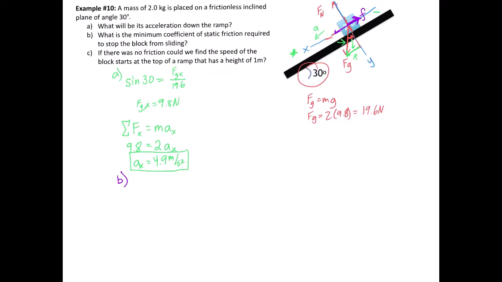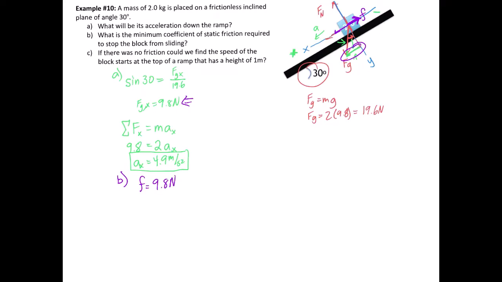Okay, and how much friction does there need to be? Well, the amount of friction must equal whatever the force is that was going down and to the left. So the only horizontal force before was that horizontal piece of gravity, which was, as we pointed out, 9.8 newtons. So in order for friction to balance that, friction must have a value of 9.8 newtons so that the forces